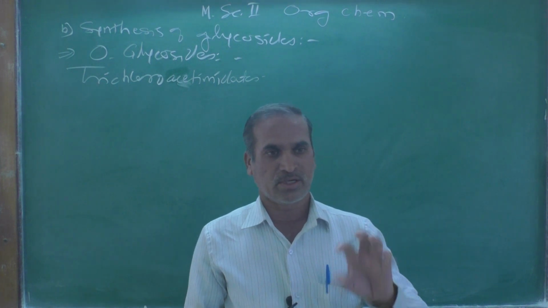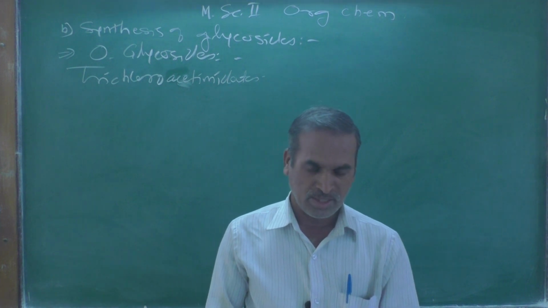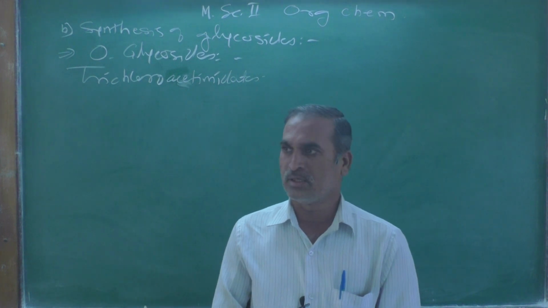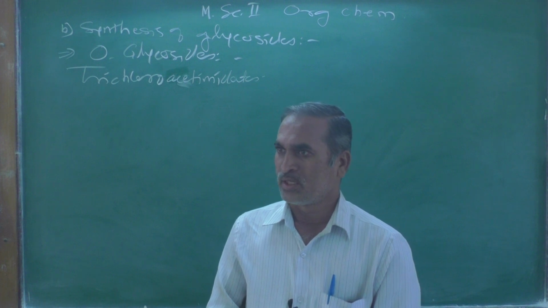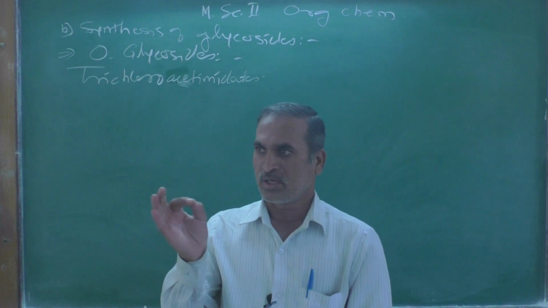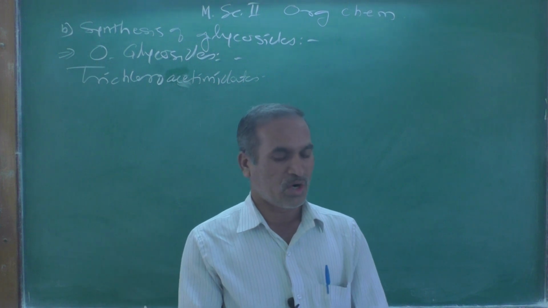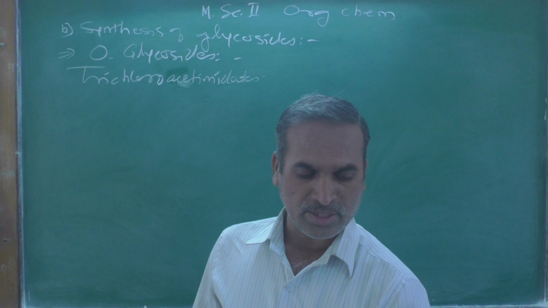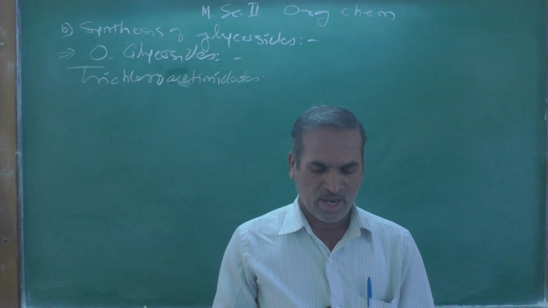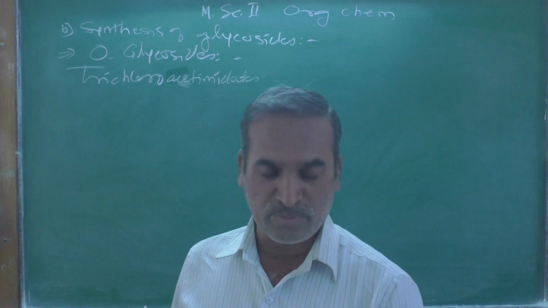I think we were discussing the synthesis of glycosides, and in that we also discussed the donor acceptor concept regarding the formation of the glycosidic linkage, or glycosyl bond formation. So that is the type of thing we have seen. Glycoside bond formation generally requires activation of the sugar at the anomeric center, and as we know that anomeric center